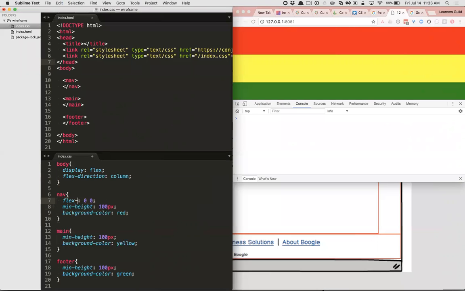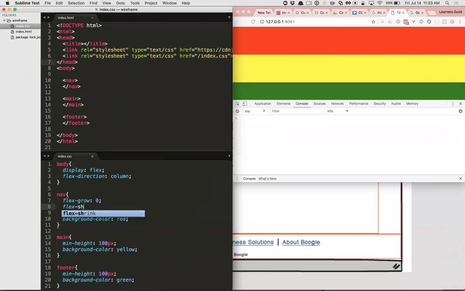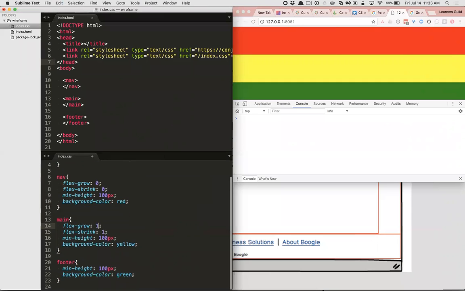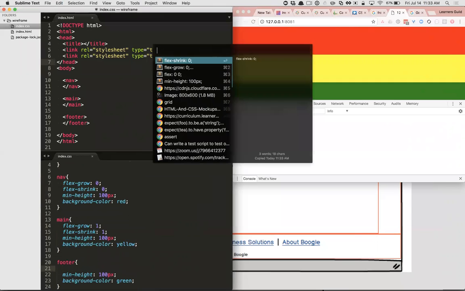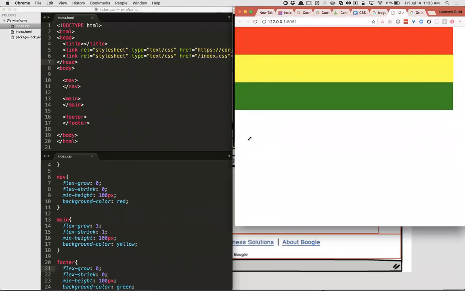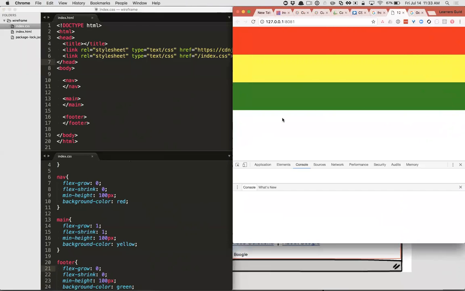This is a shorthand for flex-grow 0 and flex-shrink 0, right? So this box should stay 100 pixels high. The main content, however, I do want to grow and shrink, and then we'll do that. So now we should see that, oh, it's not doing exactly what I want,